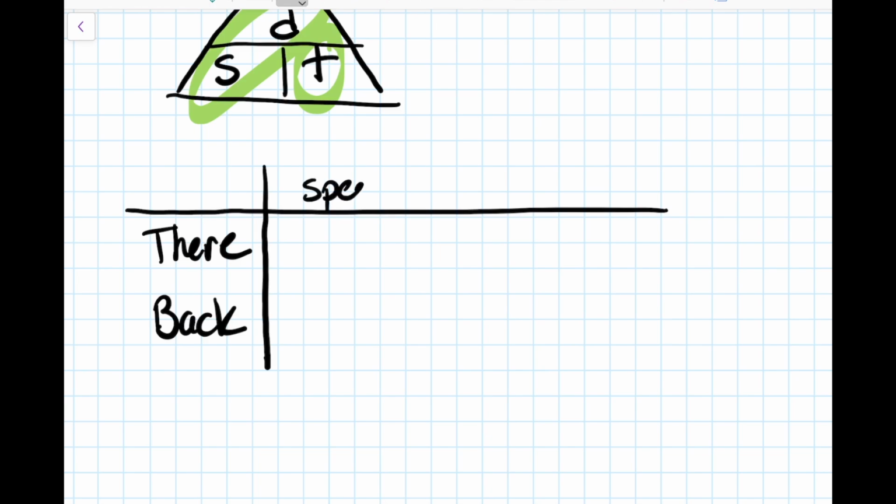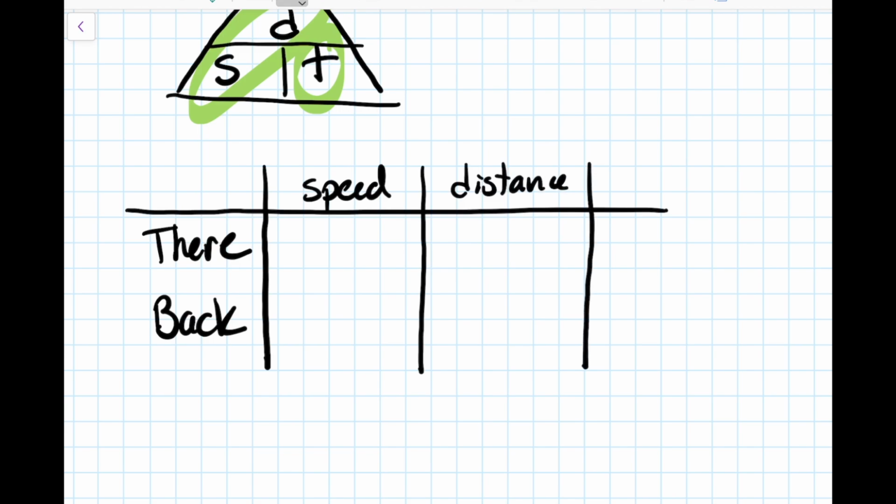We've got speed. We've got distance. And we've got time. So,